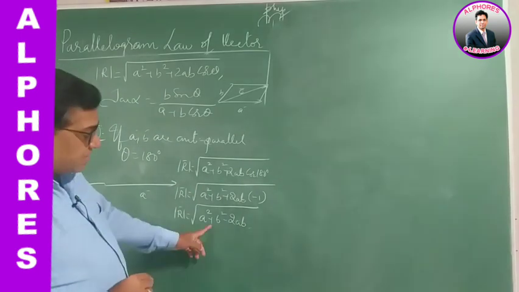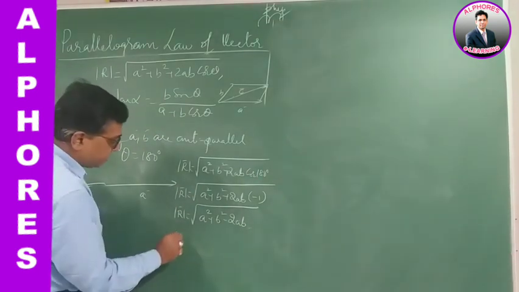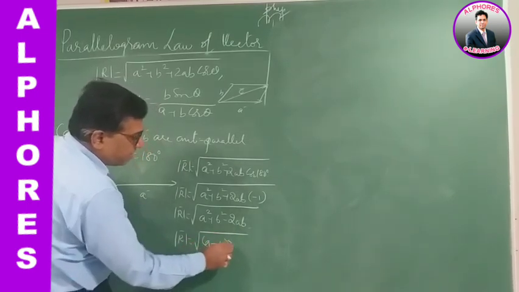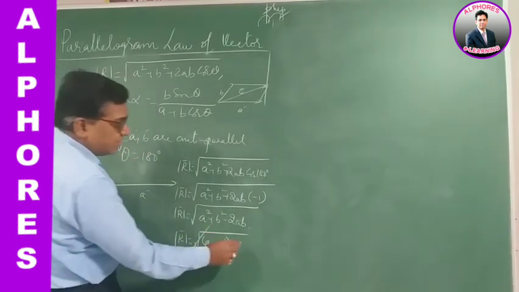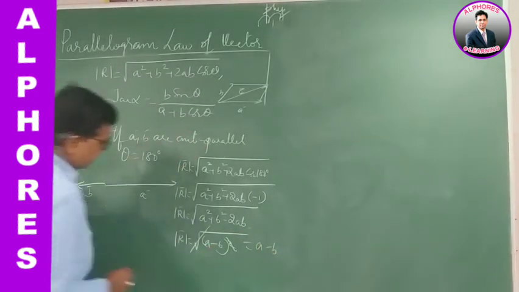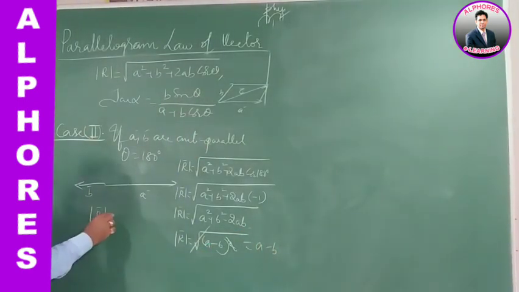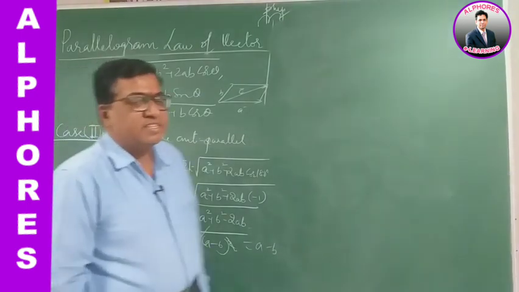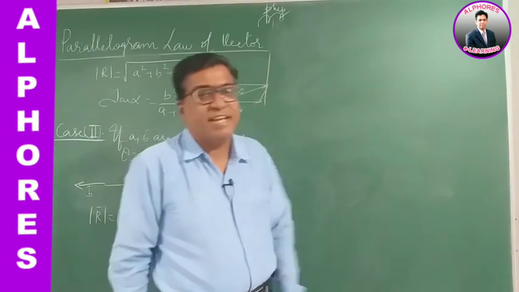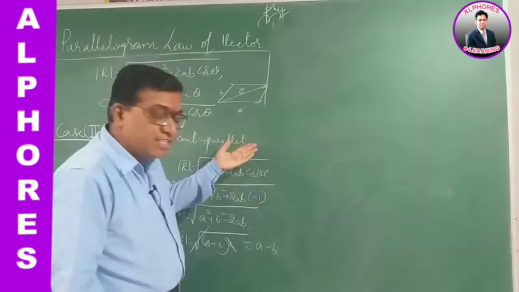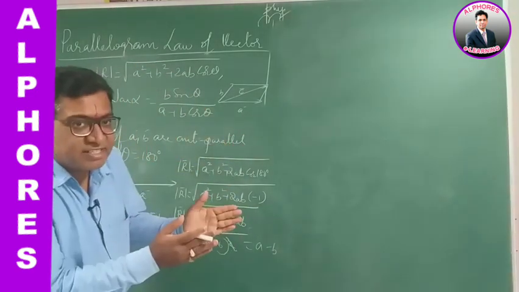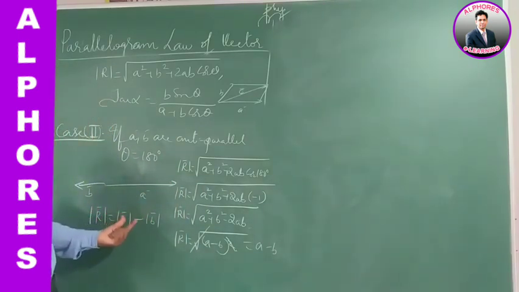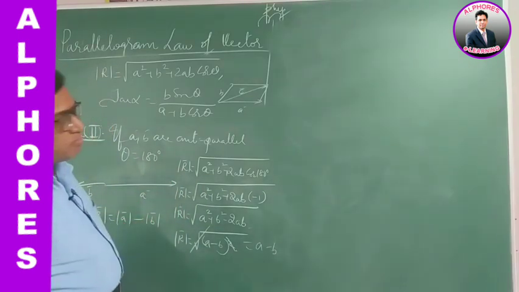According to mathematics, A square plus B square minus 2AB is (A minus B) whole square. Well, the square root cancels. This is A minus B. So therefore, the magnitude of the resultant is magnitude of A minus magnitude of B. So the resultant magnitude is the difference in their magnitudes. In the earlier case, when the vectors are in the same direction, the resultant magnitude is the addition of their magnitudes. Now the resultant is the difference in their magnitudes, mod A minus mod B.